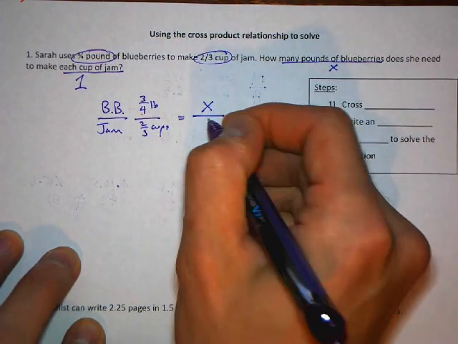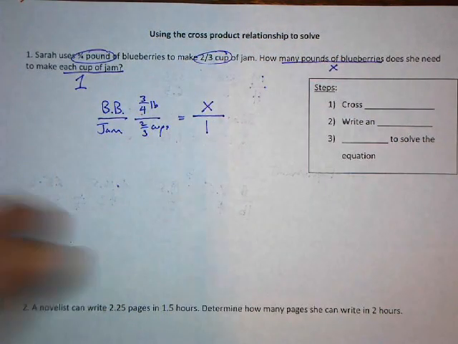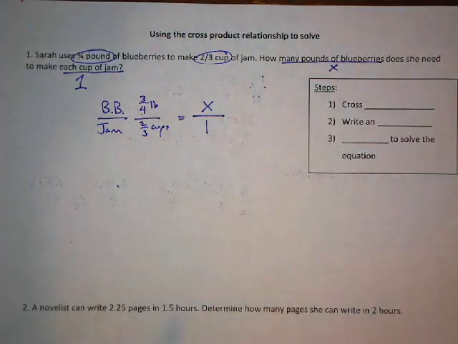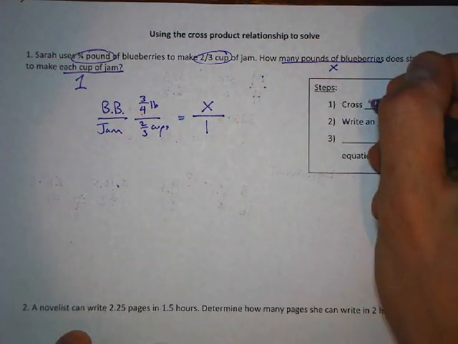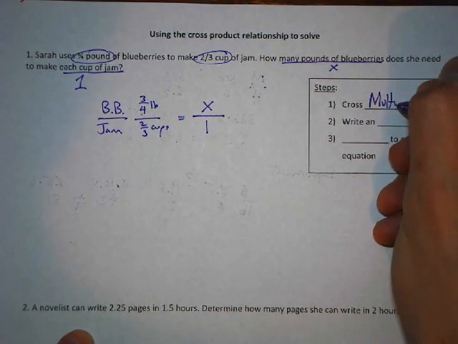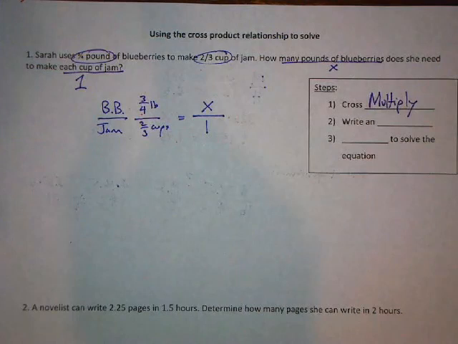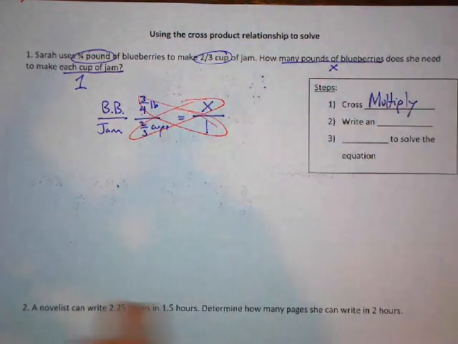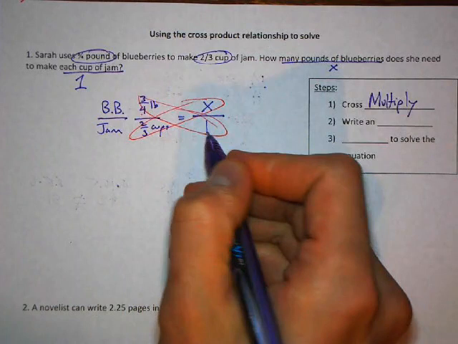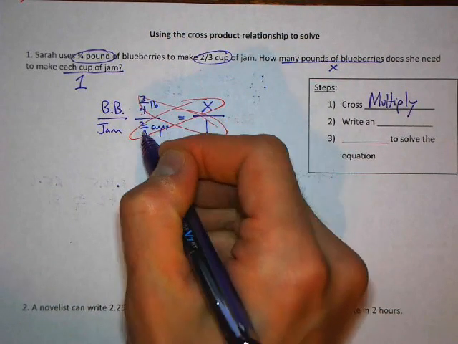And I'm trying to find how many pounds I will need for 1 cup. Now maybe you see another way to solve this, but if you don't, you can use the cross product relationship. Here are the steps. First, cross multiply. And to do that cross multiplication,